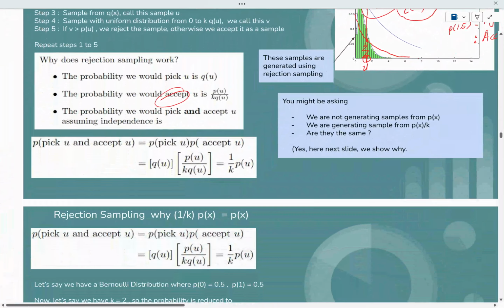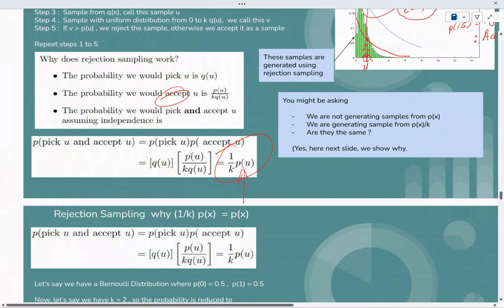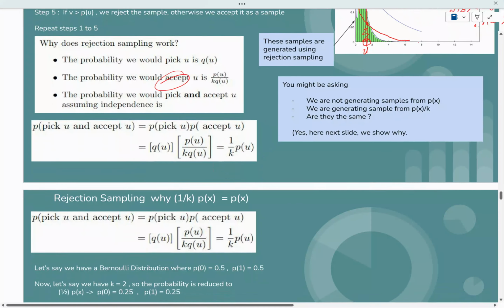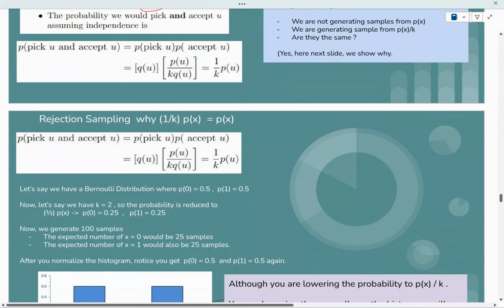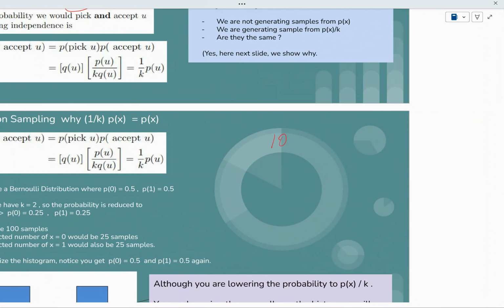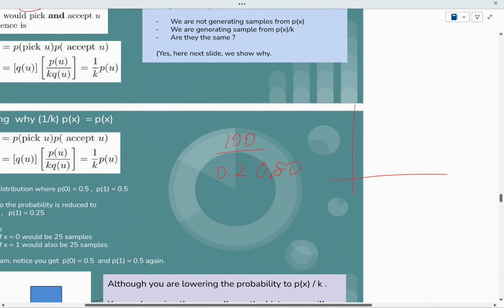And some might say, well, you're not generating p of u. You are generating p of u divided by k. And that's true. But if you think about it, let's say you generate 100 samples, and we have a Bernoulli distribution of 20% and 80%. So what's your histogram going to look like? Well, 20, 80, right? 20, 80. Well,